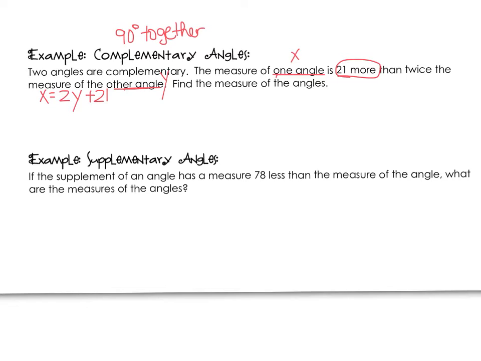Find the measure of both angles. Find the measure of the angles. So if this is one and this is the other, so here's the other one, we know that x plus y equals 90 degrees. We also know that x equals